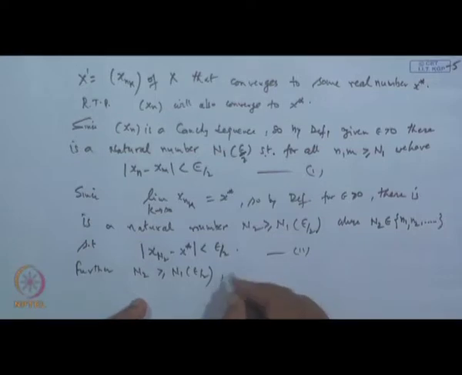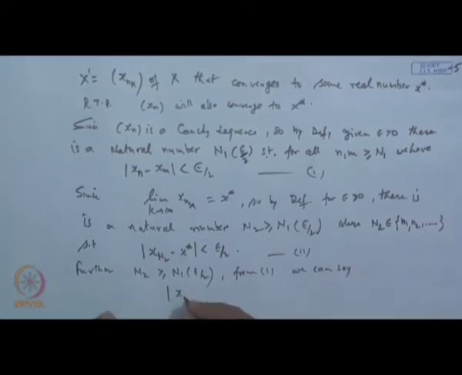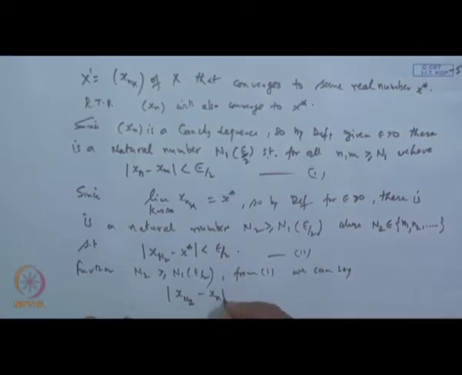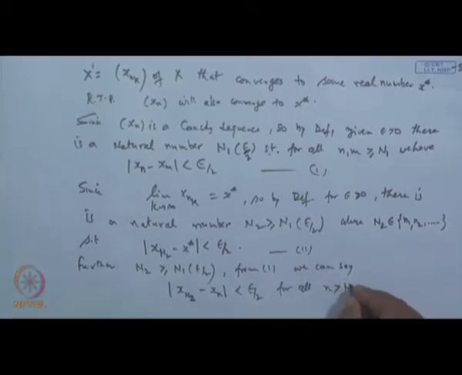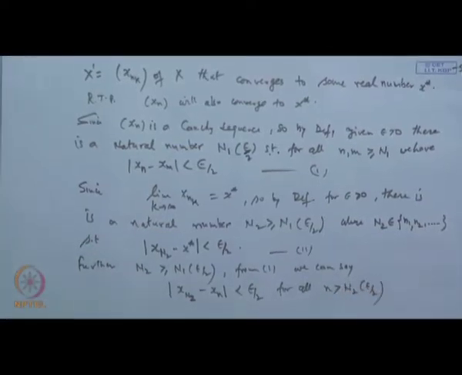So, from 1 we can say the result |x_{n_2} minus x_n| is less than epsilon by 2 for all n greater than n_2, depending on epsilon by 2, because m I can choose to be n_2. Now, consider